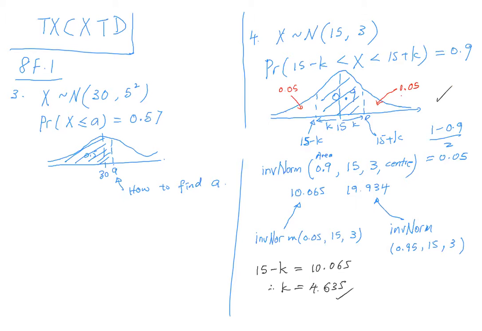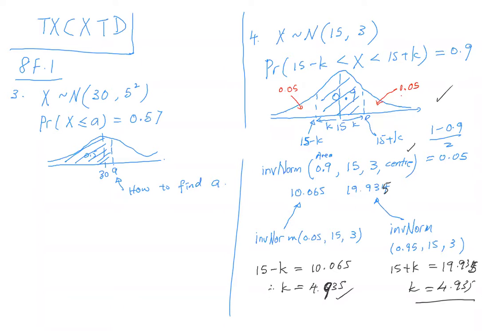If you want to use this one, you also can say 15 plus K is equal to 19.934. So K equals, there will be a slight difference. The one that gives me the inverse norm 19.93, is it correct? Let me have a look. 19.935 if I round off. So 19.935 minus 15, I got 4.935. So it's the same. You will get the same answer. Understand that? So when can you use center? When they are equally apart from the mean. If not,